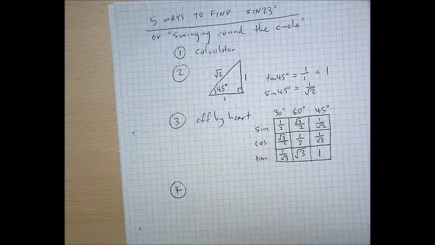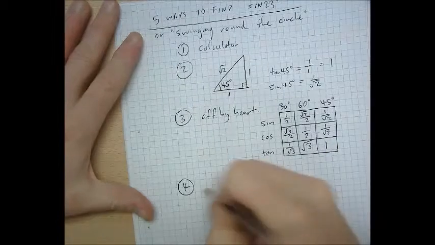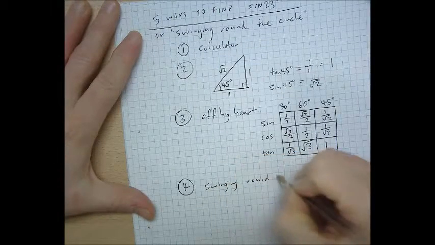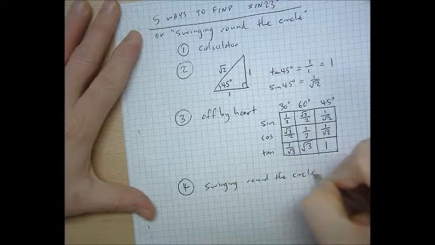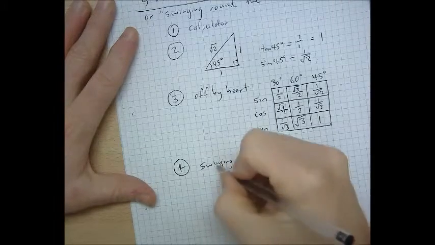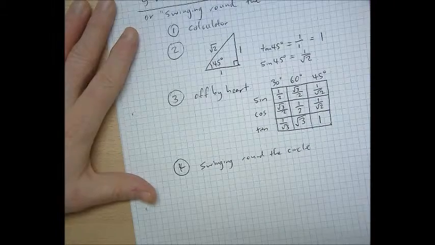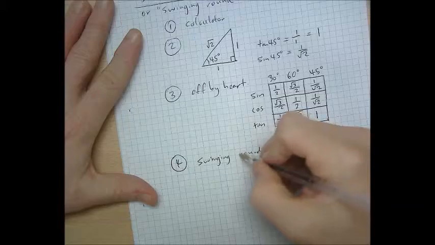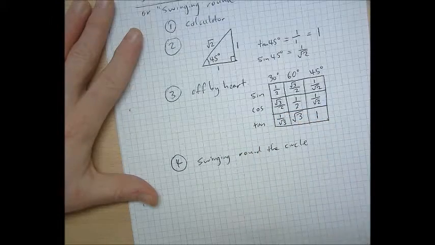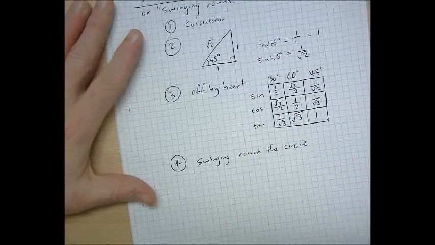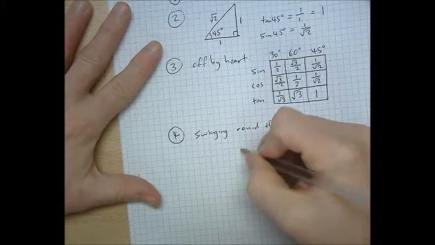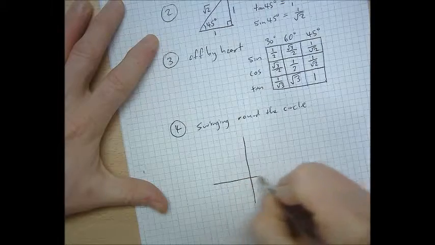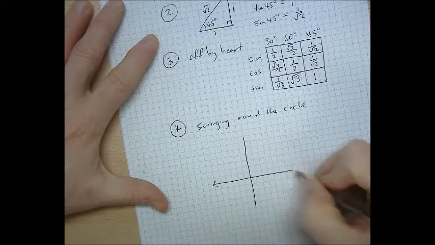Now, your fourth way is a thing called swinging around the circle. Now, this should only be used some of the time. It should only be used for angles that are multiples of 90, including negative ones. Now, the way you think about angles that are multiples of 90, or negative multiples of 90, like negative 180, is to set up a circle of radius 1, called the unit circle, and